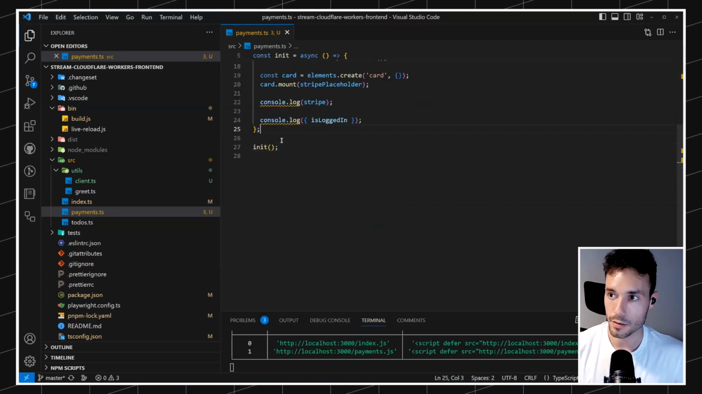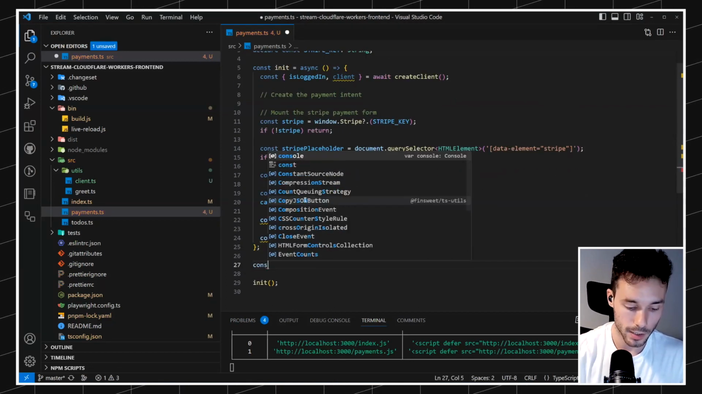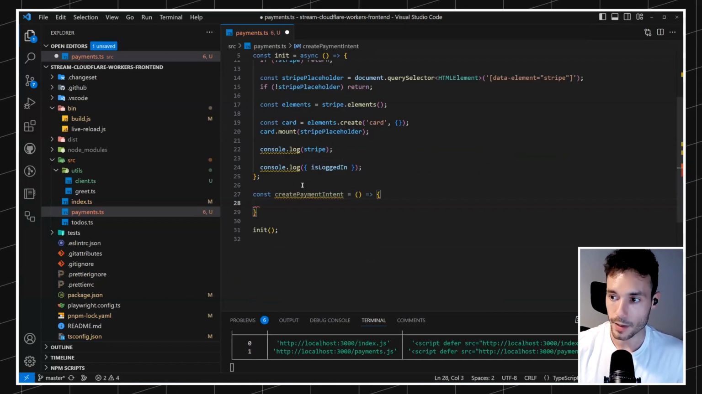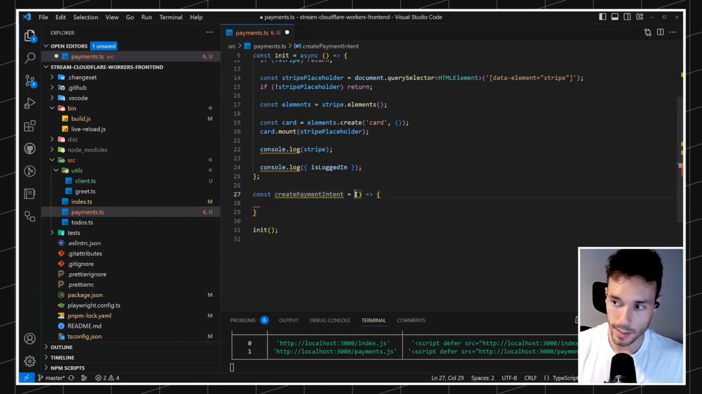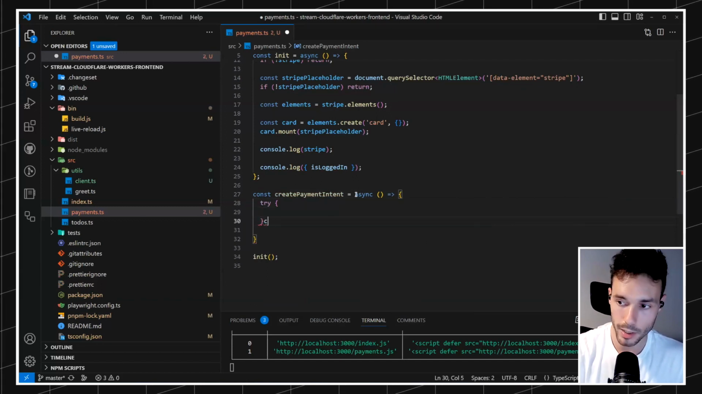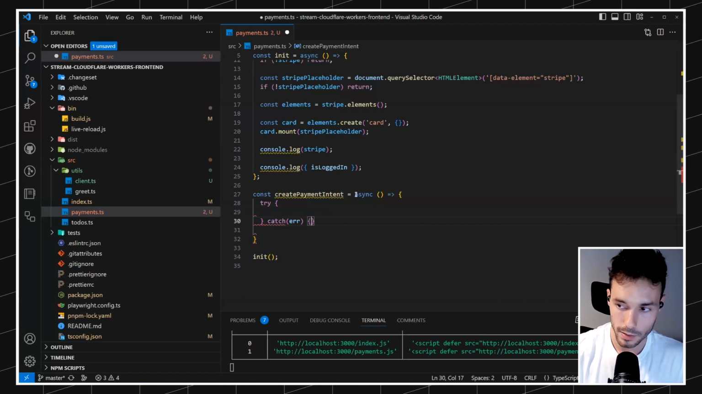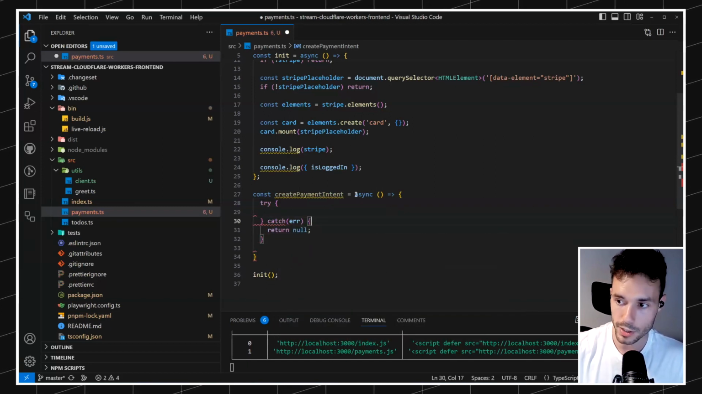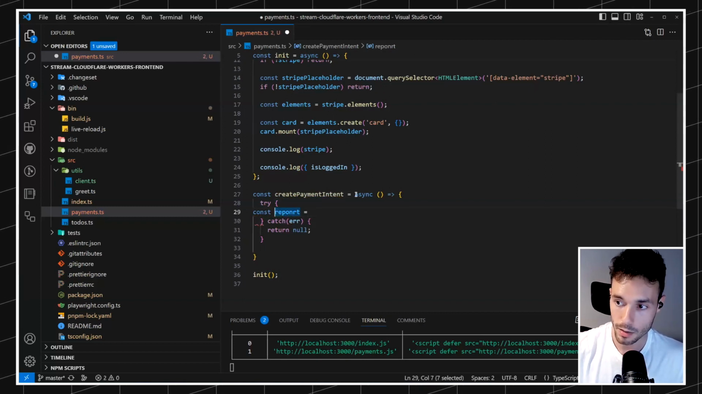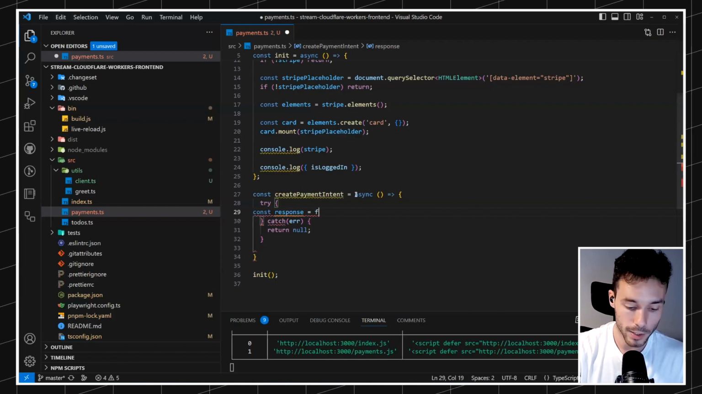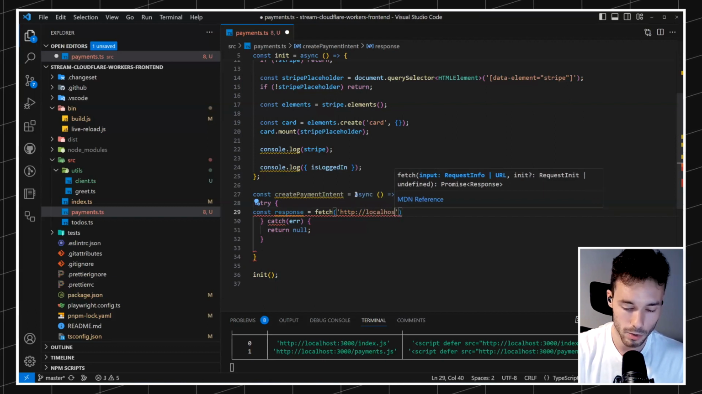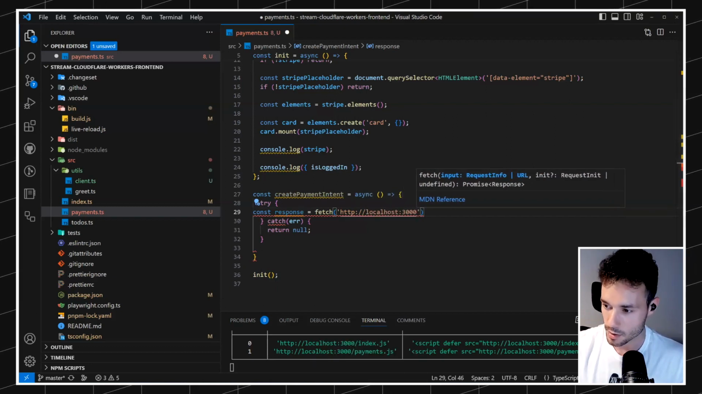So let's just create another function just for the sake of organization, and we'll say create payment intent, like that. Okay, and this will just be an async function that does a call to our backend. So it's going to be try catch. If something fails, for now we'll return null, and we'll just call the endpoint. So we'll do a fetch to the endpoint, which is localhost